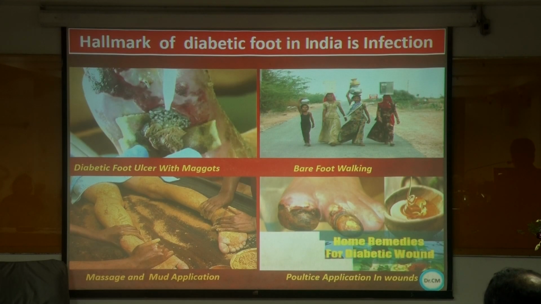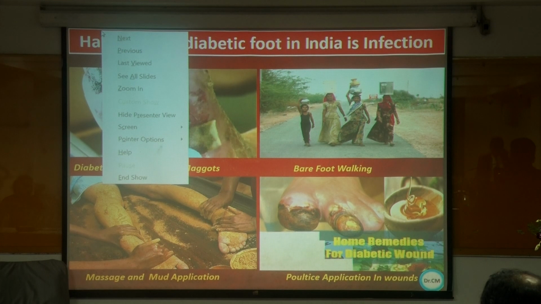The hallmark of diabetic foot in India is infection. So, non-infective causes, infective causes. Here in India, diabetic foot ulcers with maggots, see the barefoot walking and massage and mud application and poultice application in the wounds. These are all some of the unwanted practices by our people. And at the end of the day,